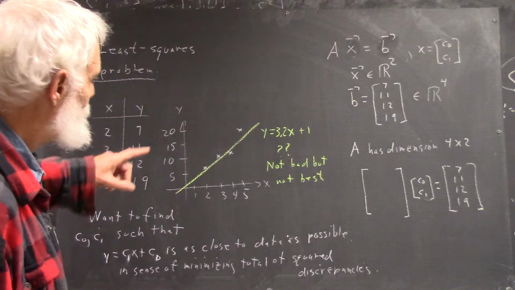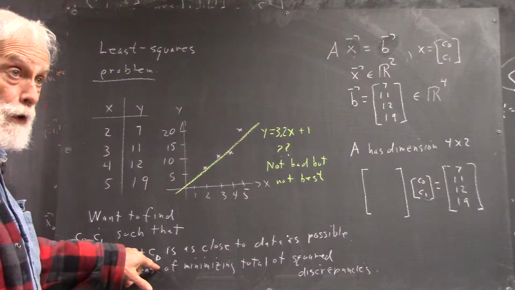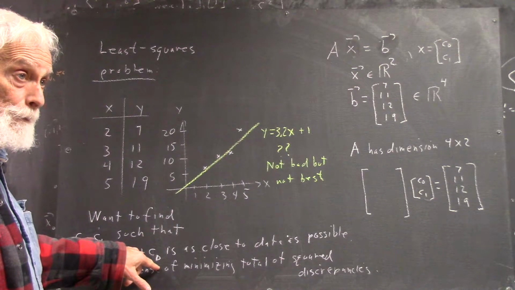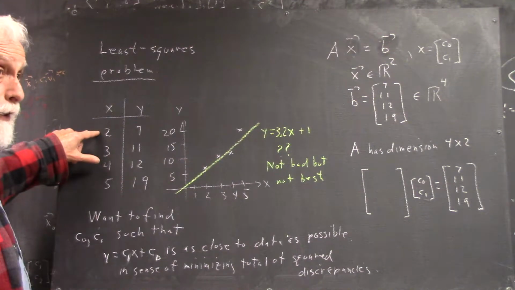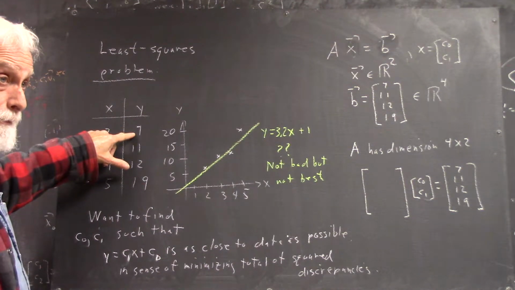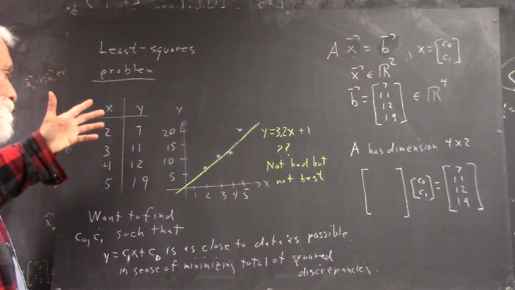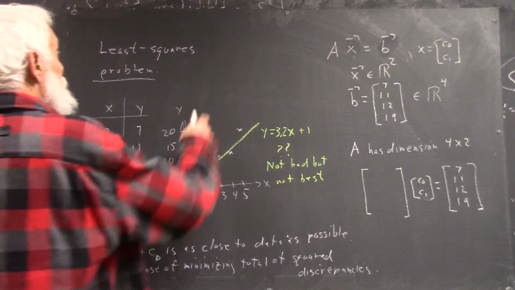You want your equation to be y equals C1x plus C0. Okay? Well, C1x would be C1 times 2, right? And you'd like that to equal 7. So I can write down the system. So you want, ideally,